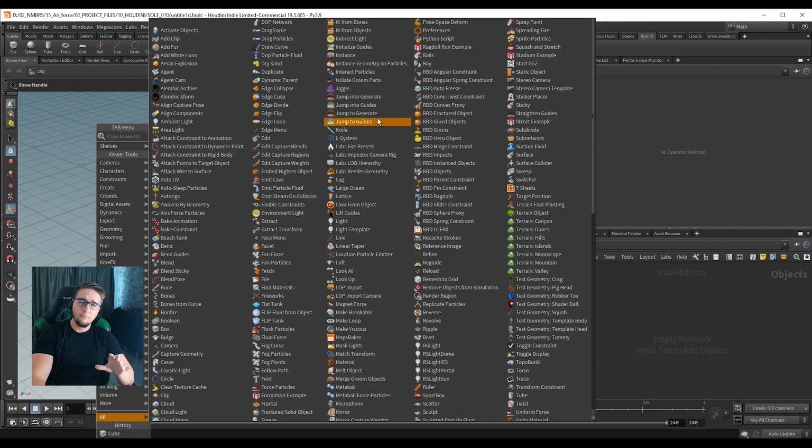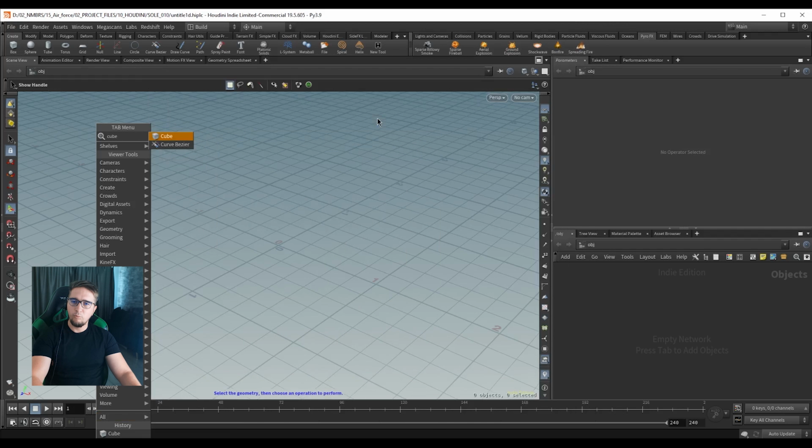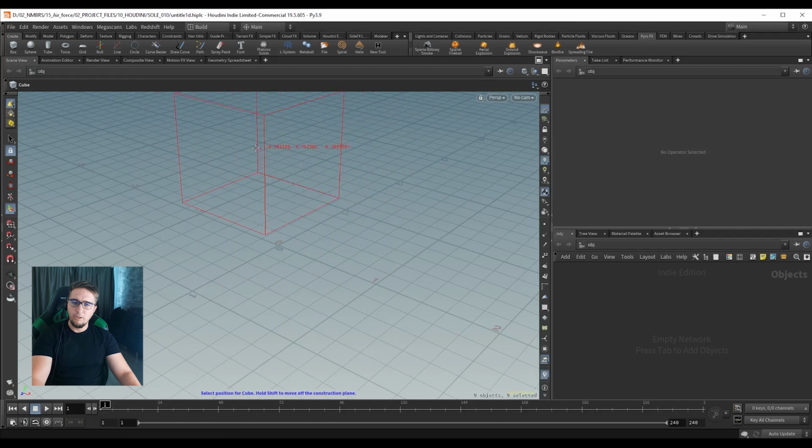But don't worry about this for now, we will talk more about this later. For now, all I want to say is that you don't really need to know most of what these nodes do to get the most out of Houdini. So enough rambling, let's type cube and press enter, and we see that we get this nice little gizmo,